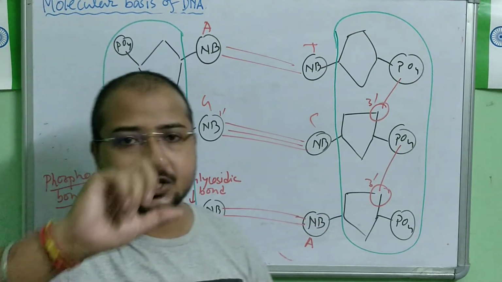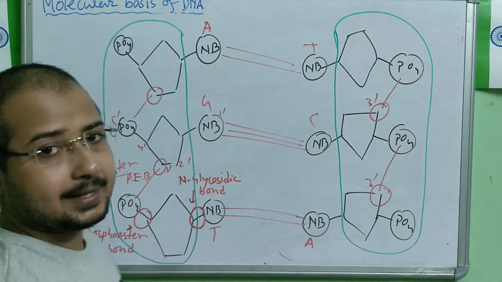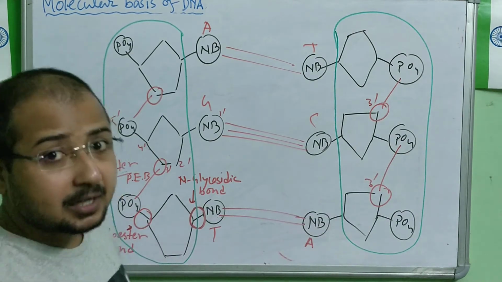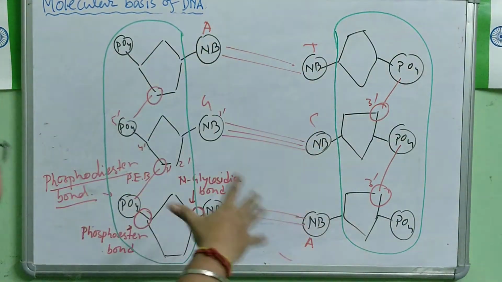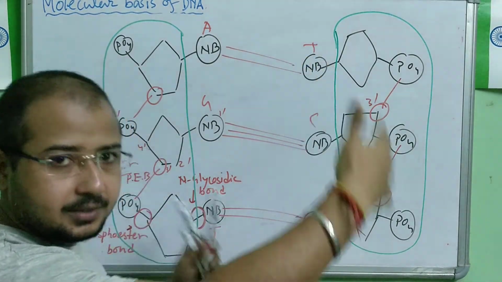In the DNA helix, you see the lines in between. They are nothing but these hydrogen bonds between the 2 strands that interconnect the 2 strands. Now it becomes the DNA structure. This is the DNA structure. 2 strands done. Strands are connected by the hydrogen bonds. This is what the DNA is.